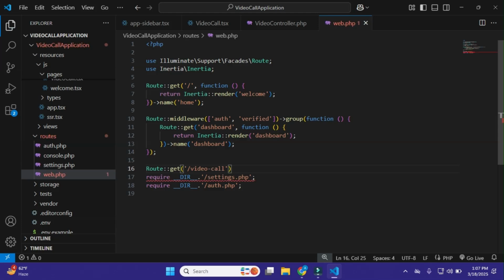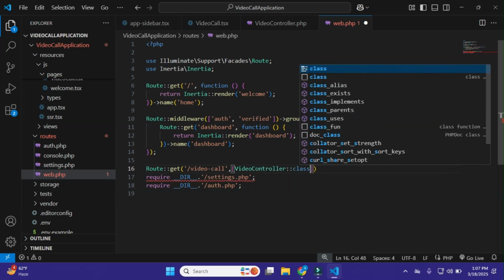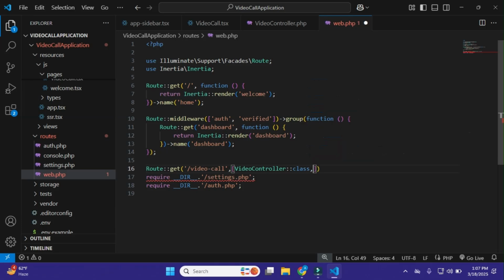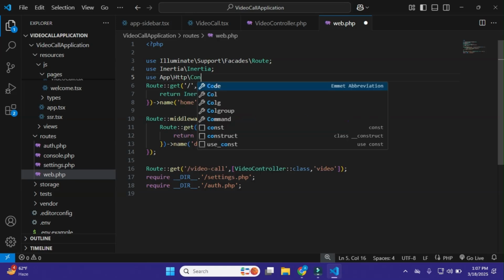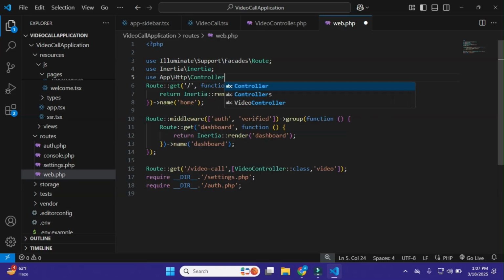My controller is VideoController class, and my function name is video. Just save this and import the controller as use app slash http slash controllers slash VideoController. That's it.